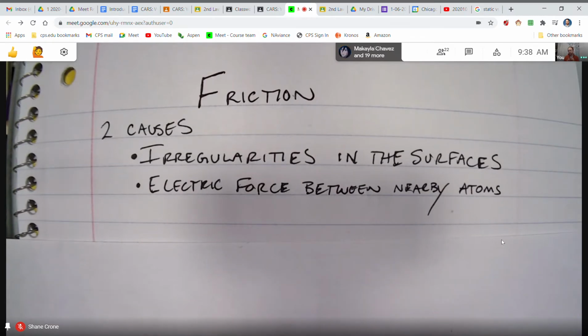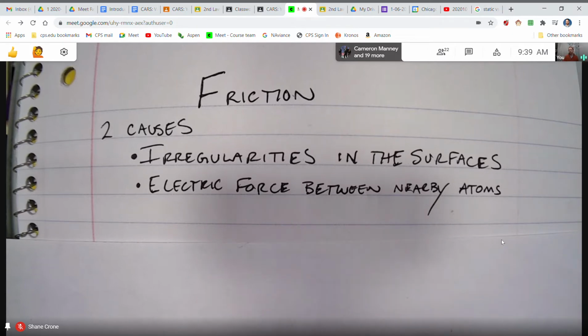And so the irregularities in the surface, when you look at glass, for example, you might say, wow, that is really smooth. I can feel how smooth the surface is. But it's not. That's just a fact. The glass is made up of tiny atoms, and the atoms are roughly spherical. So even if the atoms are super tiny, if you get down small enough, you will see little levels where there's a smooth surface, but it's all little round spheres, and you can see the little undulations of the surface. That's the atoms themselves.